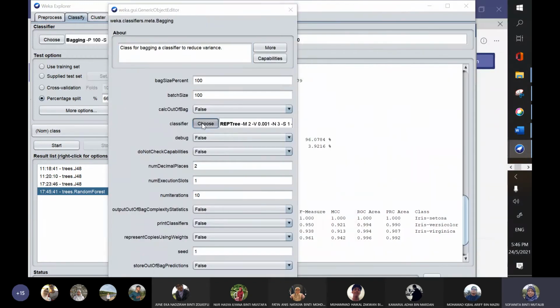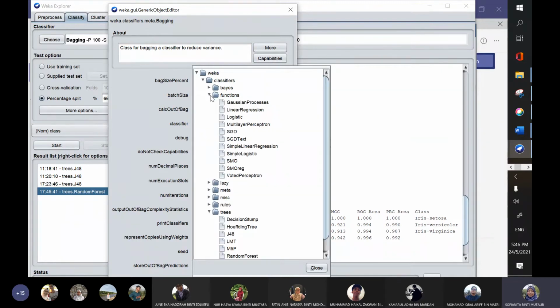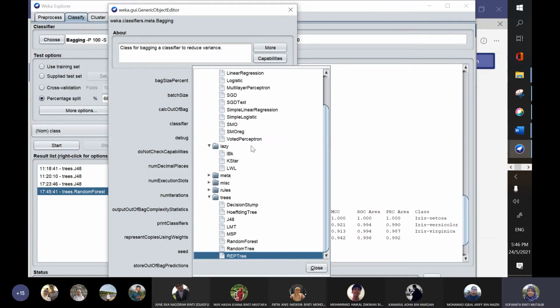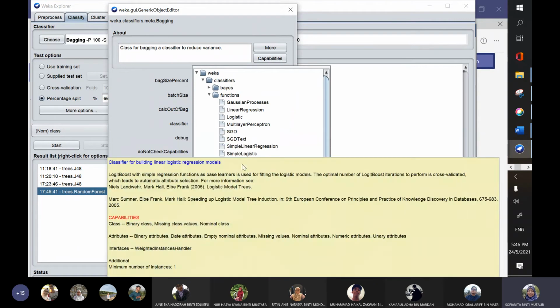Then you can choose another tree, or another algorithm, like linear regression, log linear regression, or KNN here, or this one, the multi-layer perceptron and so forth.